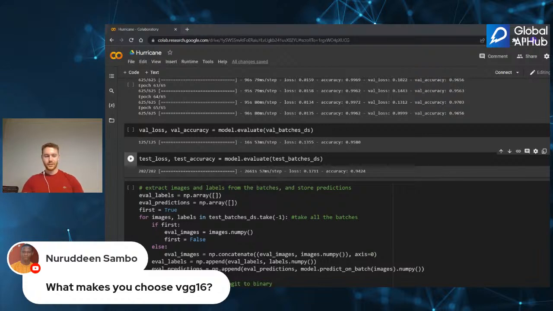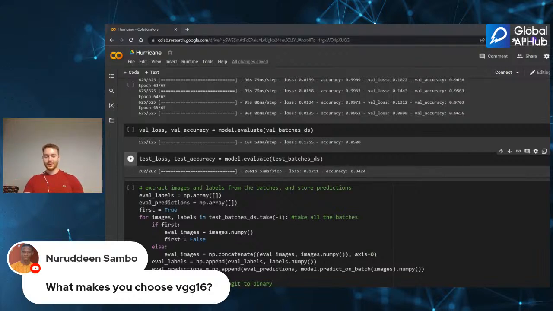What made you choose VGG16? Okay, thank you for asking that. The slides will also be shared. So what made me choose VGG16? I also considered other architectures, but VGG16 is one I like working with.